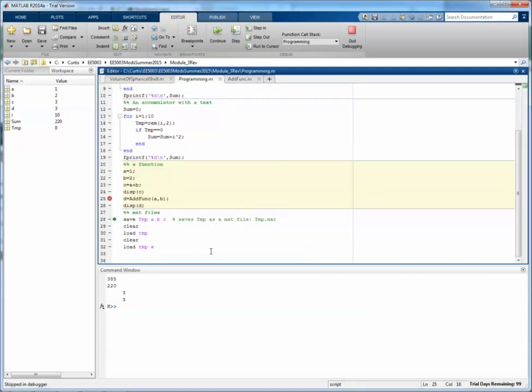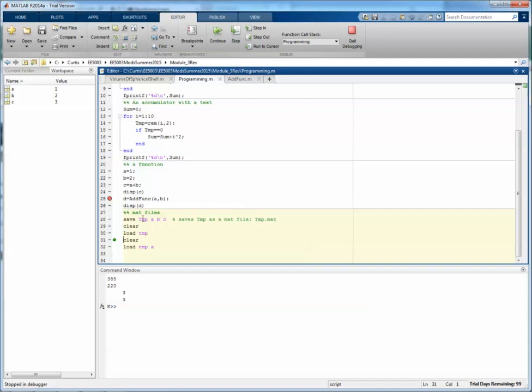The next issue I had was with mat files. Now, mat files are very simple. If I do a save of a, b, and c, it does that, and it just saves it as a temp.mat file. Now, there are a couple of different formats for this save command, but this is the easiest. So now what I can do is I can clear all the variables. As you see now my variables are clear. And now I can load this, and again I'm loading